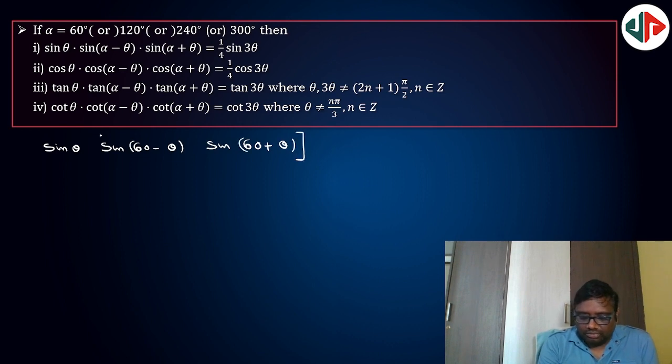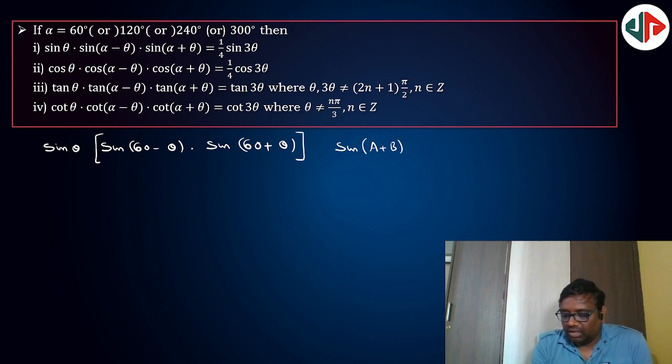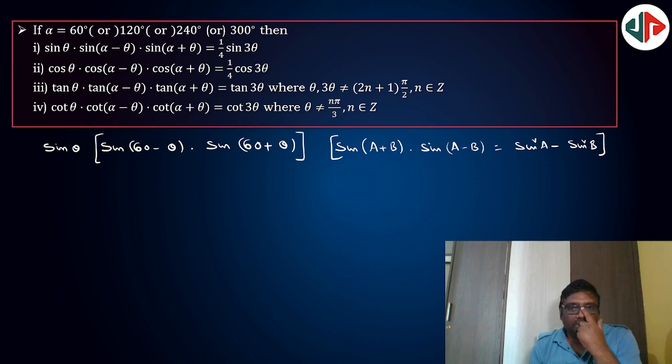Now sin(60 minus theta) into sin(60 plus theta) is in the form of sin(a plus b) into sin(a minus b). So what is this value? Sin square a minus sin square b. So sin(a plus b) into sin(a minus b) is always equal to sin square a